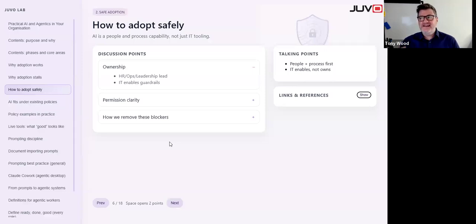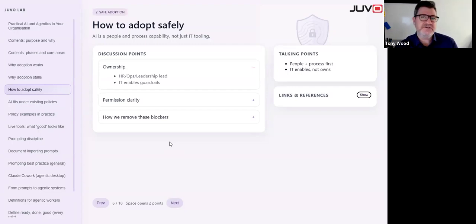Well, there's an interesting place where AI has been in the past, and it's been in the domain of IT. That seems natural, right? It's a technology, it's a tool. Let's pop it into IT.